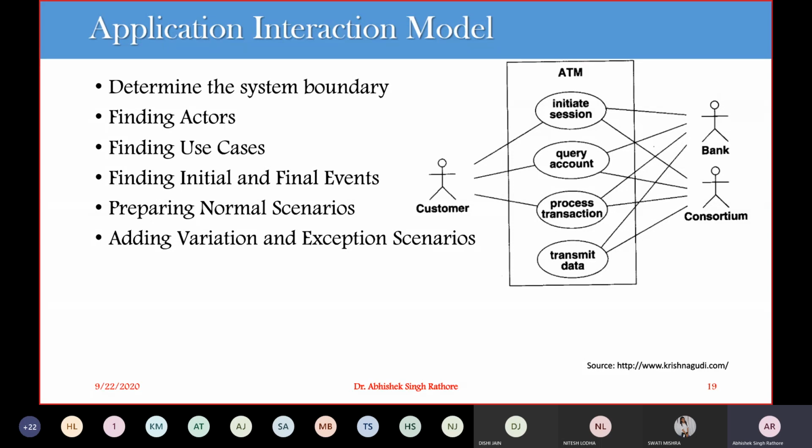So actors include humans, external devices, and other software. We had checked that we have primary actors and secondary actors. So this is how we can identify different actors. We have already studied that, so I'm not going into details because we have covered all those things. We are just going for why we are finding the actors.